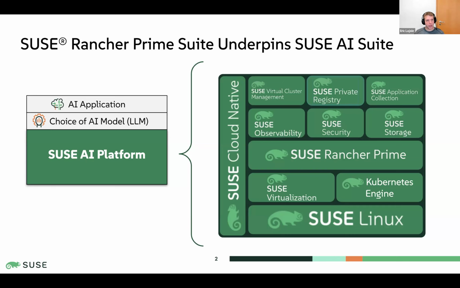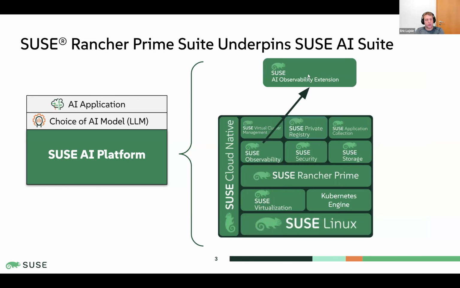Now, how do we do AI? The first thing we did is we added the SUSE Observability extension for AI. What this does is it uses something called OpenTelemetry, and it takes traces and metrics from the AI workloads and reports them back into the central GUI. And again, this can all be air gapped. It can all be put inside whatever firewall zone a customer would define to make it the level of sovereignty that they require. So none of this is going to the cloud.